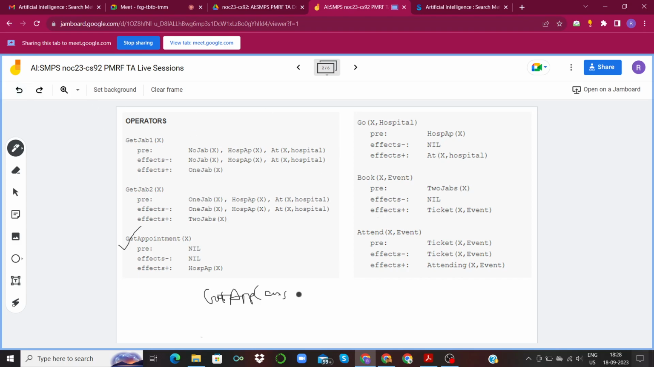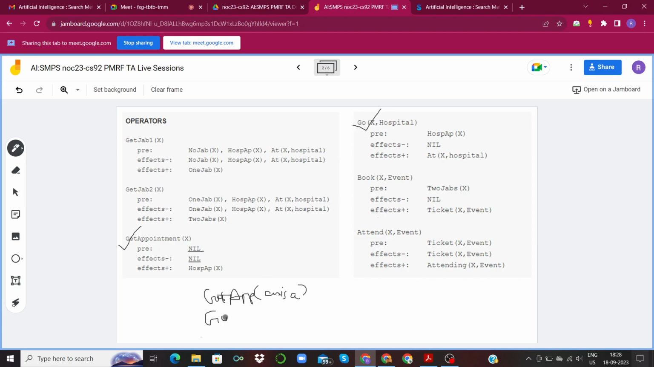Sorry for the horrible handwriting, but I hope you will get it. Yeah, so this does not have any precondition or negative effects. It will simply add this fact to the state, which is Anisa now has the hospital appointment for some hospital. And once that is added to the state, we can apply this operator, which is Anisa